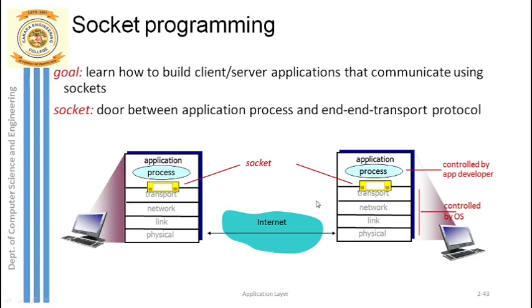Whereas in UDP, no dedicated connection is there. UDP is a connectionless protocol. For example, in a Skype type of application, you don't need a dedicated connection between you and your friend. It is connectionless, and whatever you have spoken, you cannot be sure that everything, all your gestures, will reach your friend. Some of the words may be missed in between. Such a protocol which is not so reliable, you call it UDP.